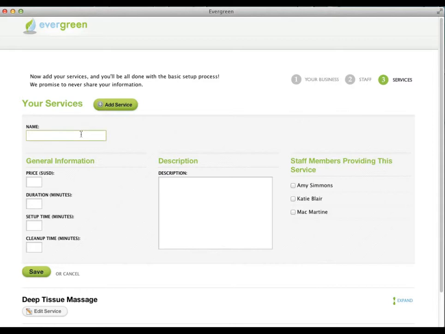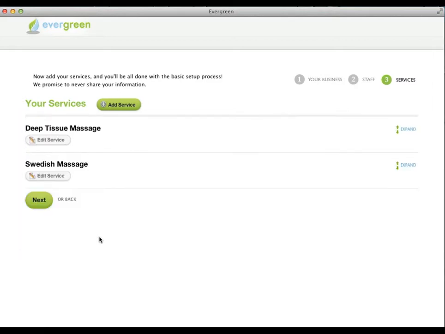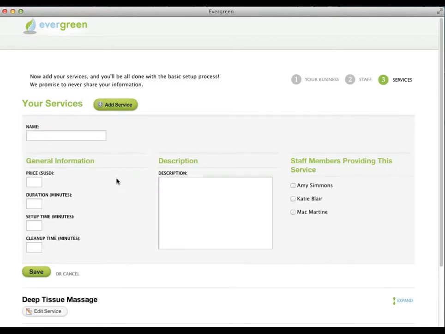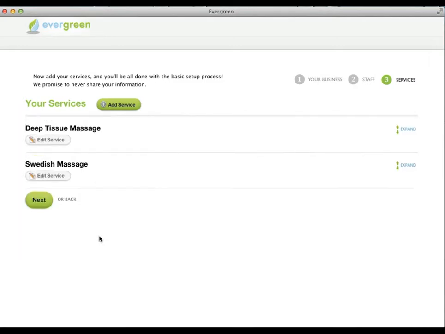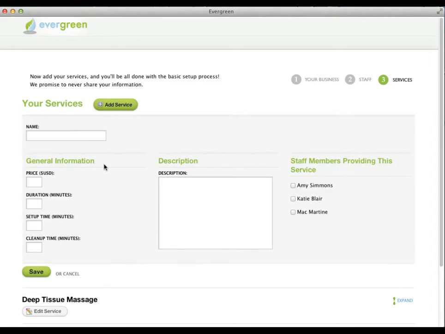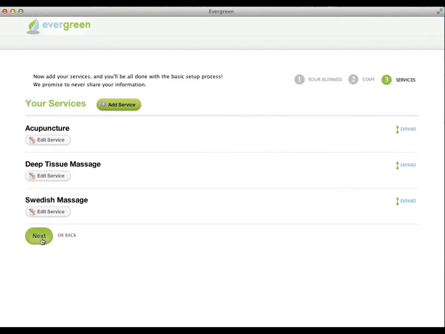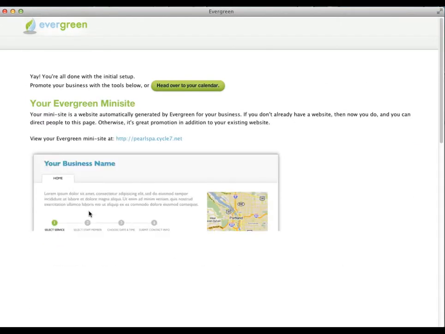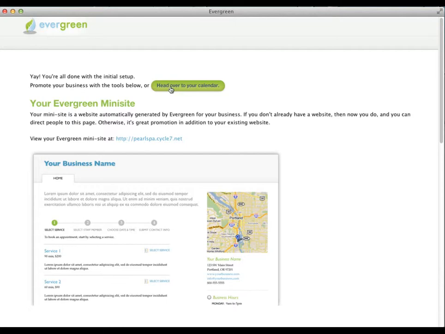So with the snap of my fingers, I'm going to create a couple more services. A Swedish massage, which will say again only I can perform. And finally, acupuncture, which will say both Amy and Katie can perform. And we're done. This final page here shows us some of the tools that Evergreen provides to market and promote